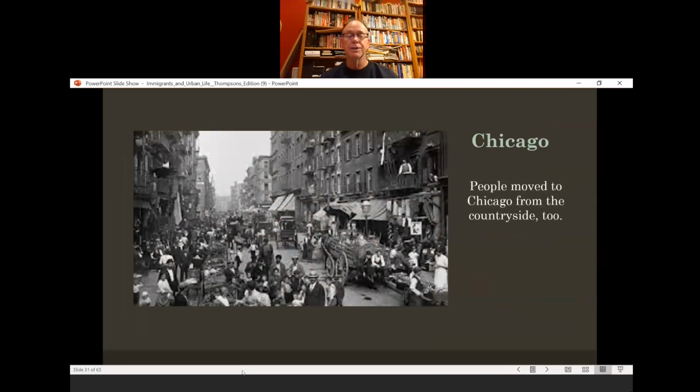There's a picture of the streets of Chicago. You will notice that it's mostly people walking or pushing carts. Carts of different sizes, maybe push carts that one person pushes, or some pulled by horses or mules, donkeys, whatever. But the streets are really crowded because Chicago has grown so fast. They didn't know what hit them when all these people began moving in.